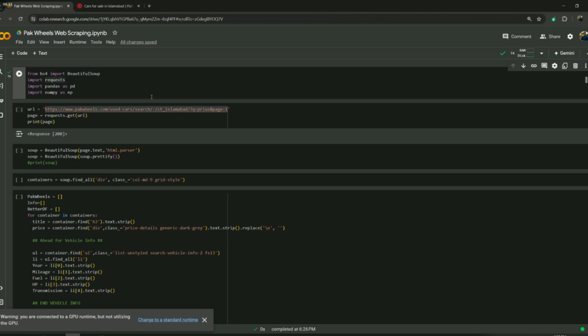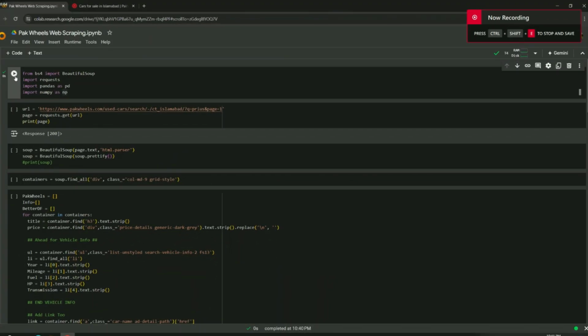So I'm going to move to this Google Colab tab. I'm not going to walk you through the code, but I will just give a quick demonstration of what's in the code, how to grab all these values from PakWheels. So let's get into it. Okay, we start by just importing these libraries that include Beautiful Soup, Requests, Pandas and NumPy. I don't think I will be using NumPy in it, but it's nice to have this